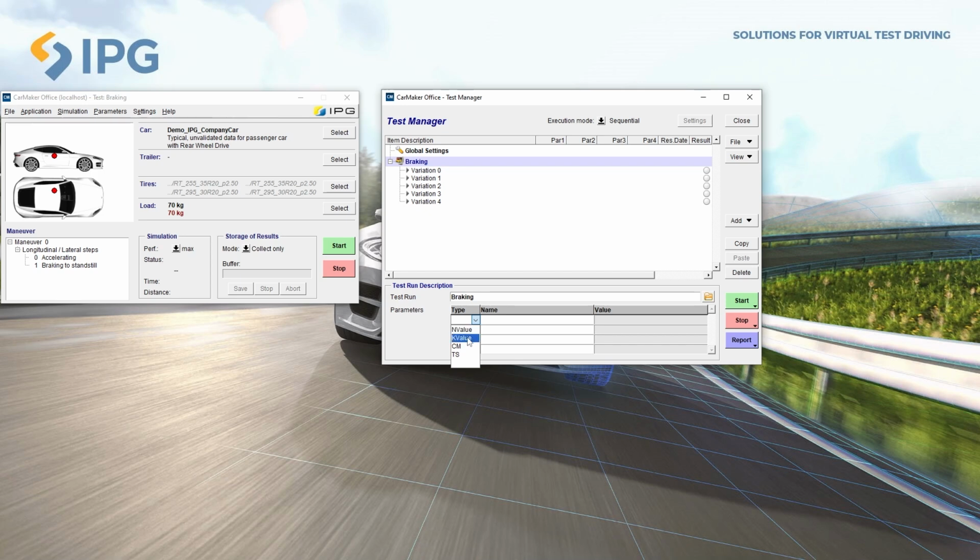Then key values, which essentially denote a greater part, so not just a value, but in a sense a whole different vehicle or a whole different powertrain or a whole different brake model. And it's also possible for us to include a Tcl script and perform particular functions from the Tcl script as well.